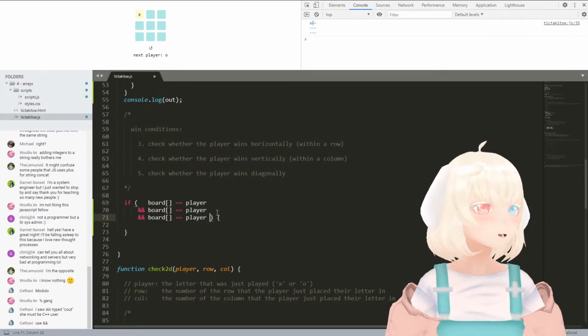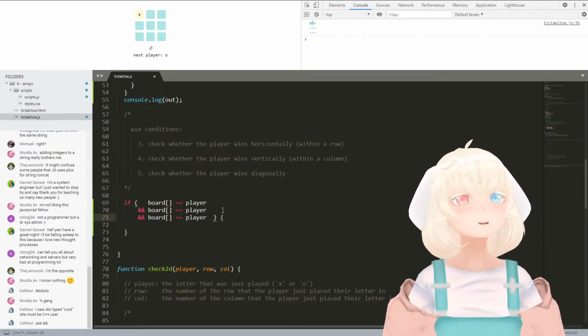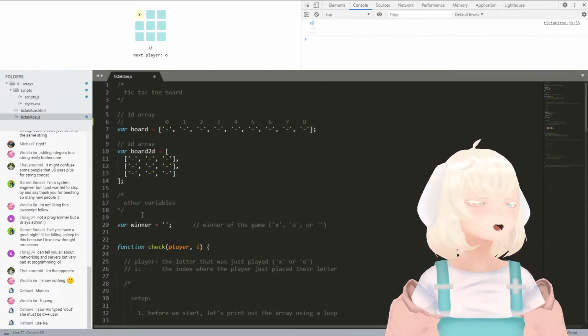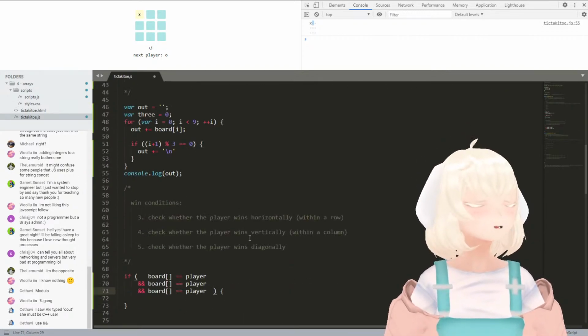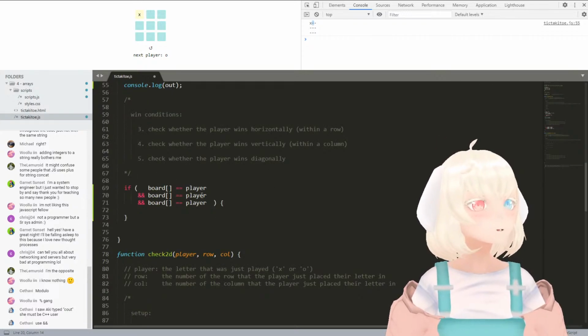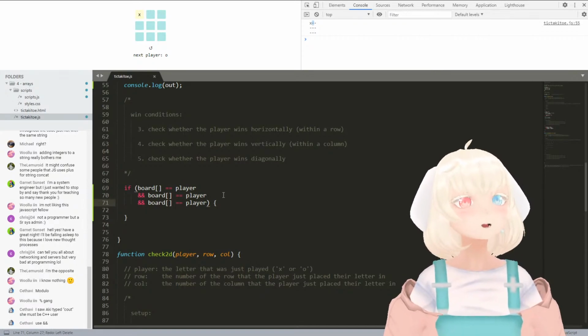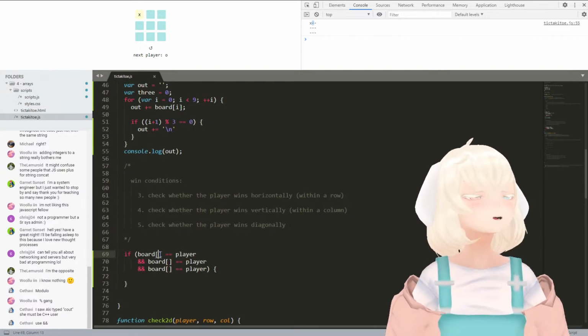You could even put spaces between here. Any space or new line you put usually doesn't matter. You could do it for variables too sometimes, if you really want to. But yeah, put it in a way that makes the most sense for you. Just make sure it's consistent across your code, right? And so which